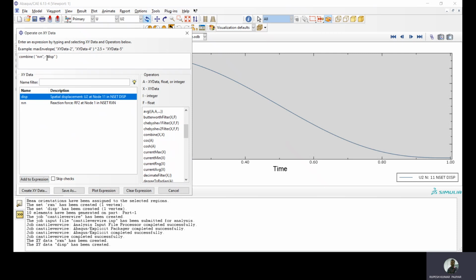Why have we taken the minus here? Because the displacement we are getting is in the opposite direction, but our displacement will start from this position, so we are taking it as minus.